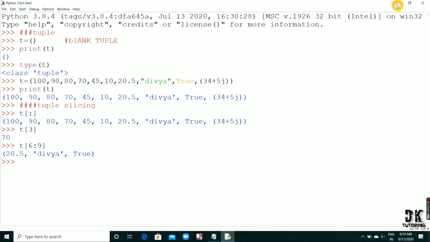Okay, this 9 is excluded. Okay, so just count from 0, then first, second, third, fourth, fifth and sixth. So this 20.5 is at the 6th position, then this is 7 and this is 8, and the data of 9th position is excluded here. This data is not included.